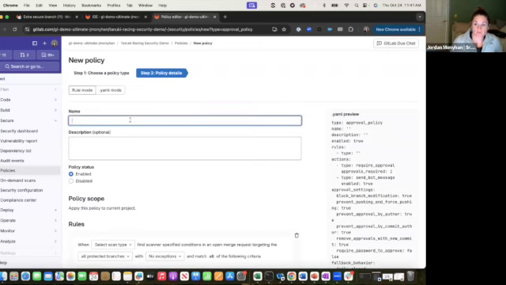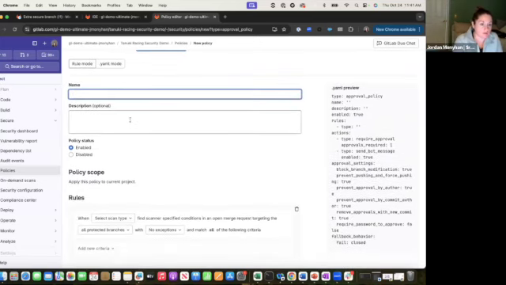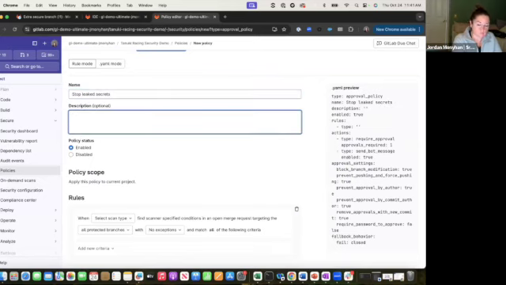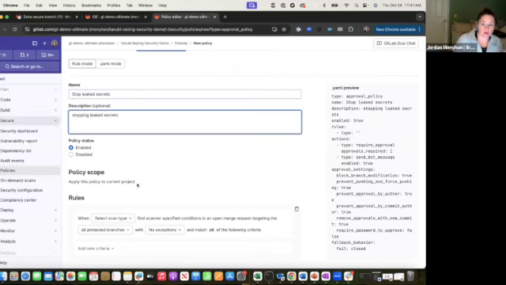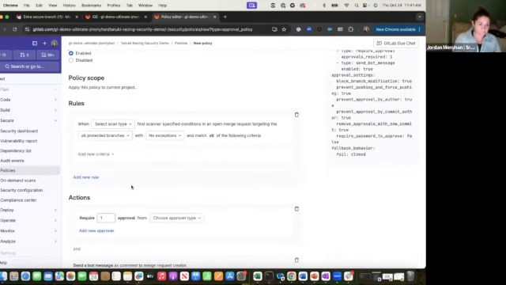All right. And so this one, let's give it a name. Let's just say stop leaked secrets. Stopping leaked secrets. I'm just being very literal in my explanations for these things. So just giving it a name. And so then under the rules section,